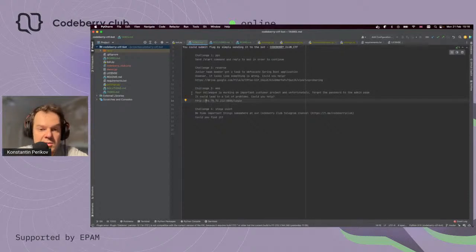And what was funny here is that we said the message is somewhere on the Codeberry Club channel, on our Telegram channel. And there was potentially a lot of stuff you might think of. Of course, it would require you to check the videos, the links to the YouTube videos of the past, to see maybe there is something in the comments, for example, or some weird thing in the comments on YouTube. Just check generally for a message, etc. But I think after some time it would be more or less clear that something fishy is going on